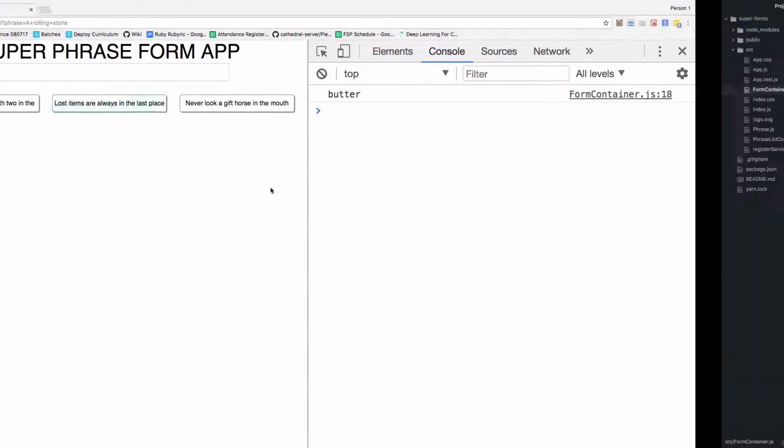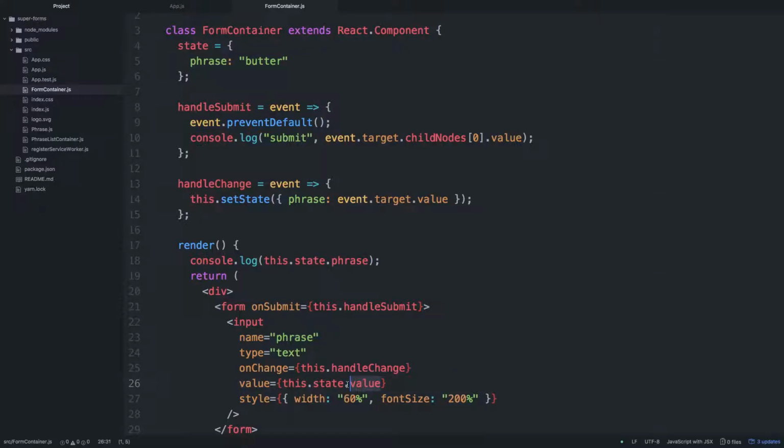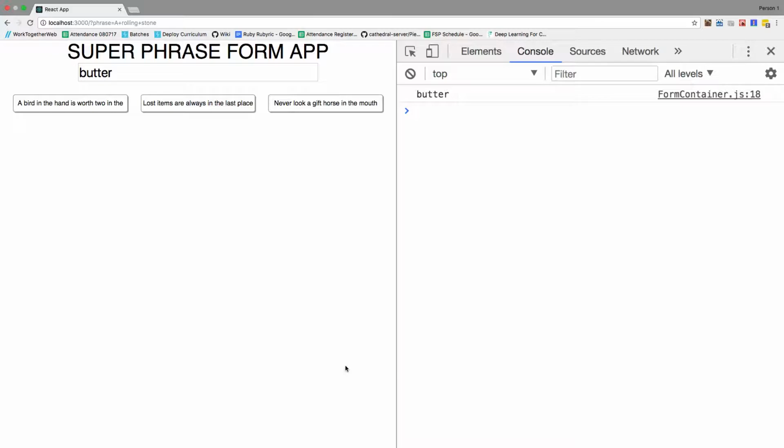Hey, wait. Oh, yeah, phrase. Butter. So you can manipulate forms and feed them data from externally, like from a server,